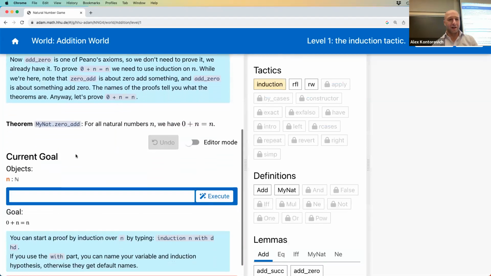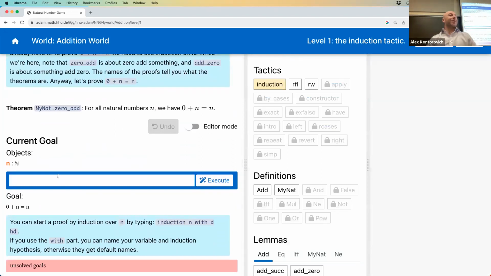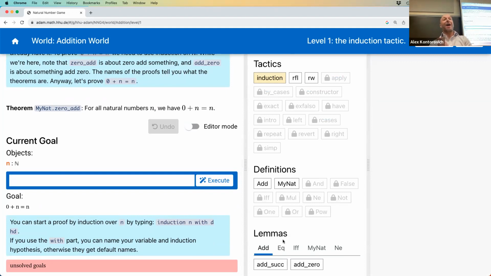Addition world. Okay, now we're going to start induction. So we know we have add_succ, but we don't have succ_add. I'm sorry, we have add_zero, but we don't have zero_add. So this would be the theorem zero_add: that if you take 0 and add it to something, you get n. Okay, so we always run induction on,